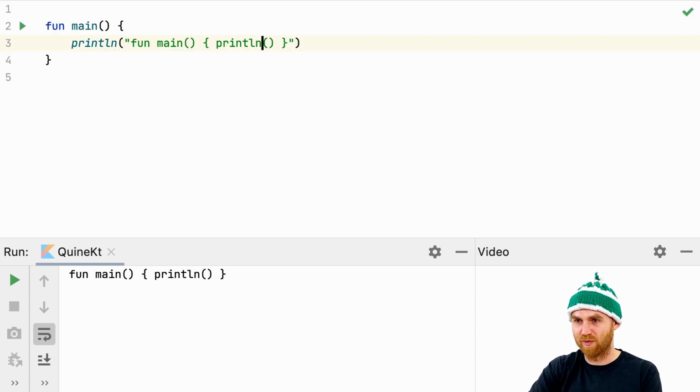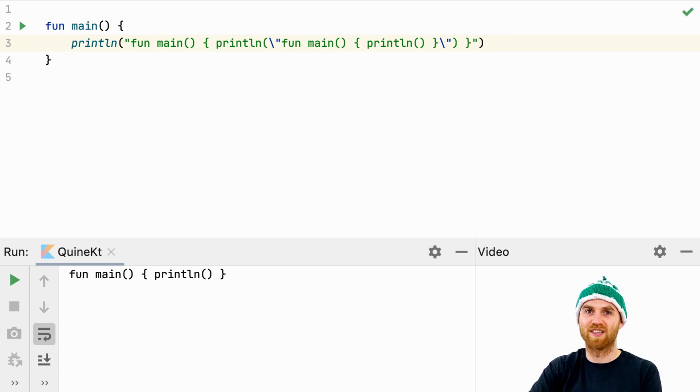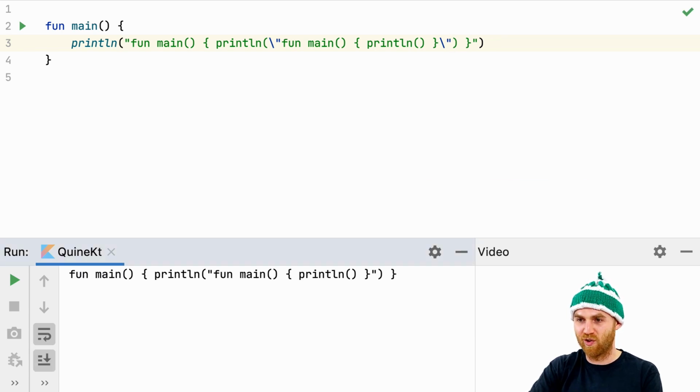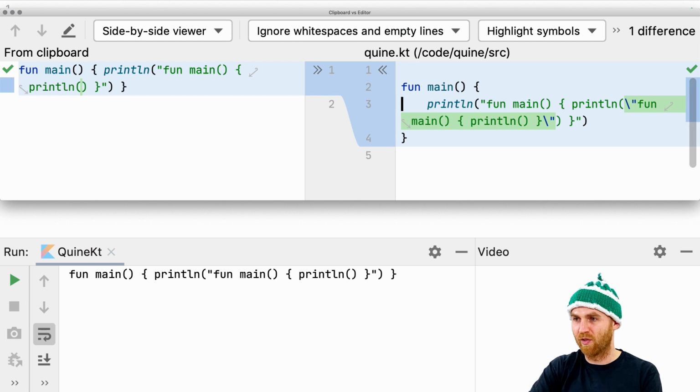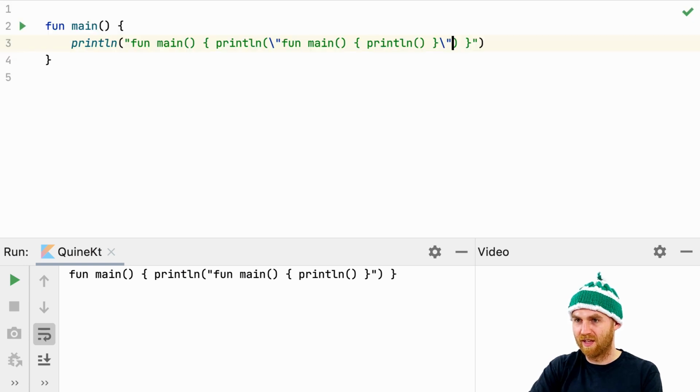So we want our string to do what our printout is doing, what our source code is doing, and our println is printing the string. So without overthinking it, let's just try and paste this string into the string itself. It's already obvious that there is some difference, and I'll just compare it anyway. So on the right hand side we can see that we are missing the string, and we still have an empty